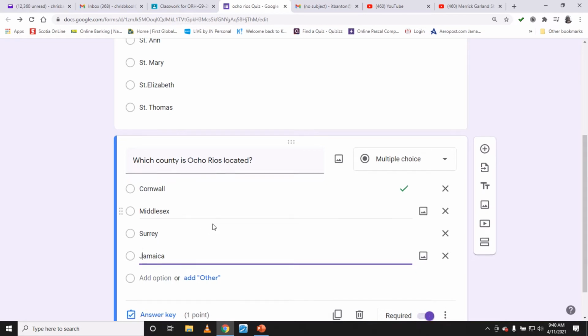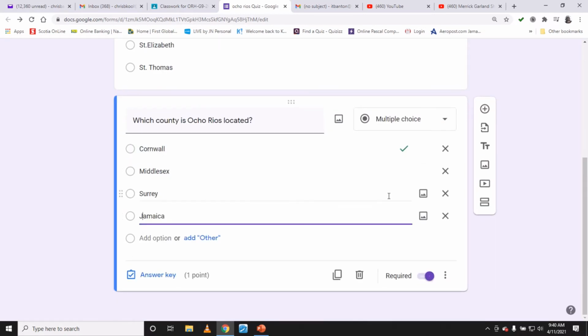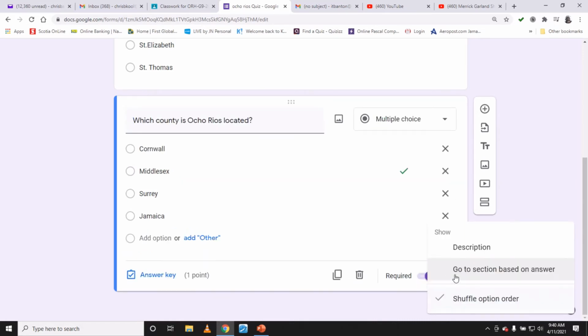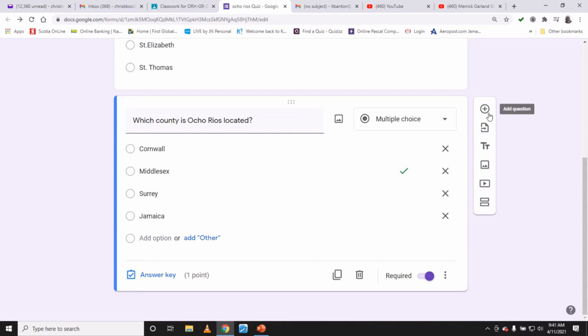So these are the four options for the question, and if you notice, the first option is still selected. So now I have to go to the answer key and change this. I can click Middlesex, remove Cornwall, still 1 point, and I select done. It will still be an option where you shuffle the option order. And that's that. Now if you want to do another question from scratch, we click this plus sign